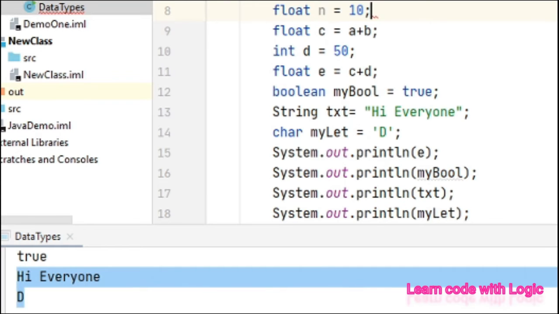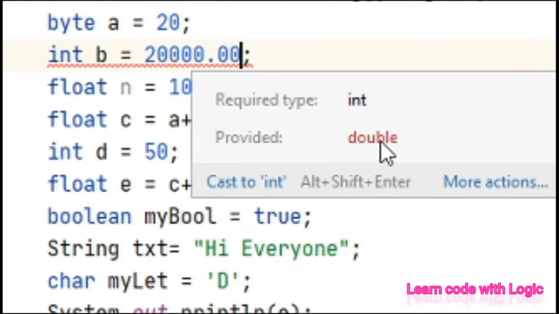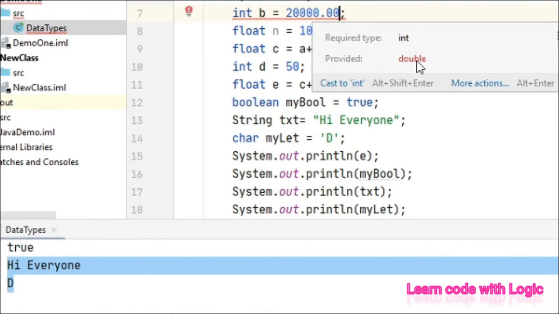Let's also declare some float values here. Look here, if you give a whole number 10 for the float, it still understands it as 10.00. That's why it's not throwing the error. It is also equivalent to this now. Whatever you give, it understands. But if you change something here for integer, it throws a compile time error, so you need to change the data type.